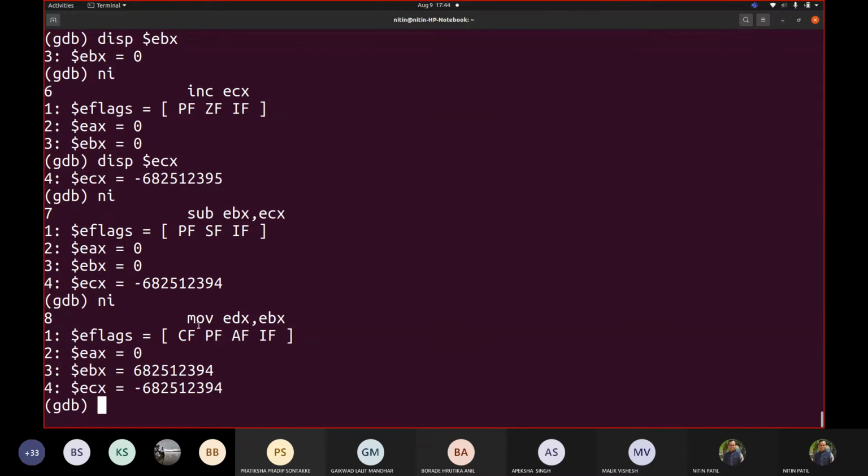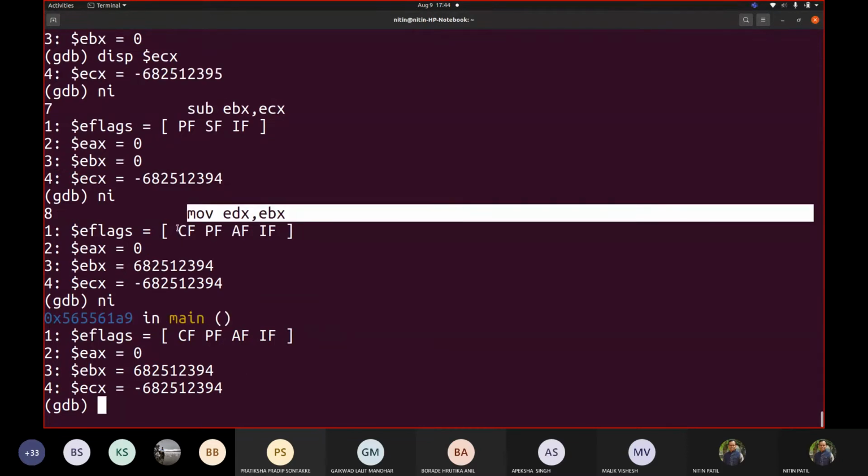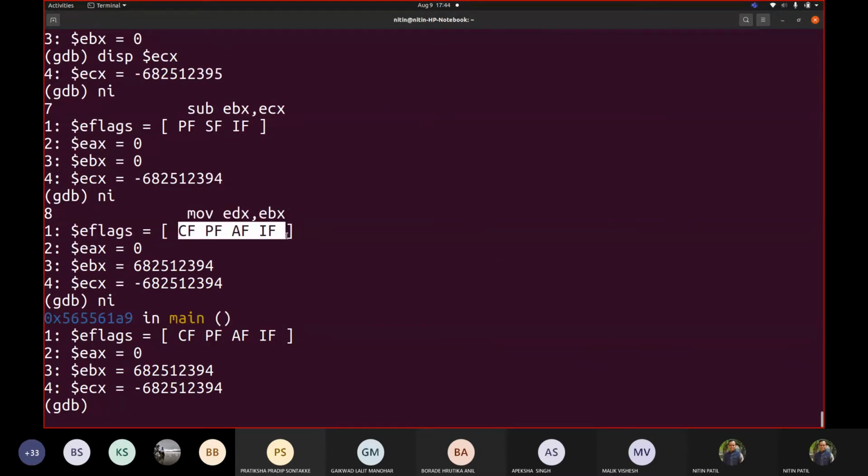Right. So if I now go to this move EDX, EBX, this is again a data transfer instruction. It is not going to make any change to the flags. So if I see NI, whatever the flag contents are, they will remain as they are. So majorly one can say flag values are affected only by some arithmetic and logical instructions. And your execution control may depend on the flag status, the flag register too.